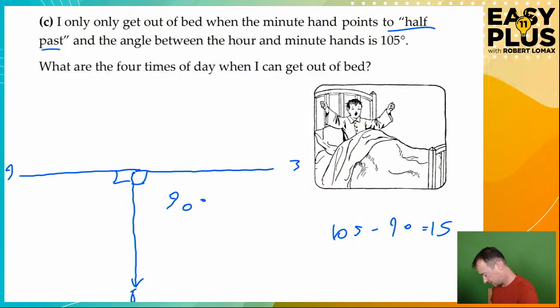Right, let's think about this. So let's do a 2 up here. Let's just draw a line to that. So you can tell intuitively it's going to be somewhere between 2 and 3. Now remember, the distance between two numbers like this on a clock face is